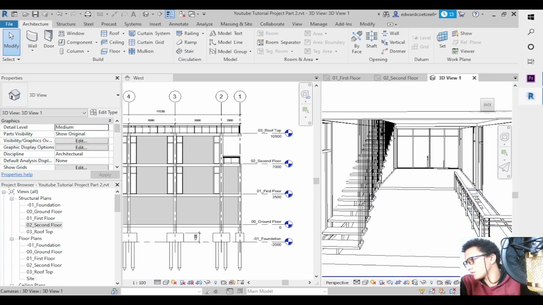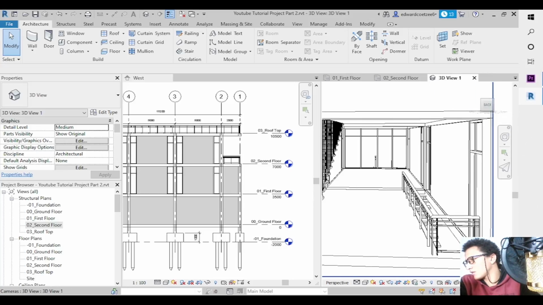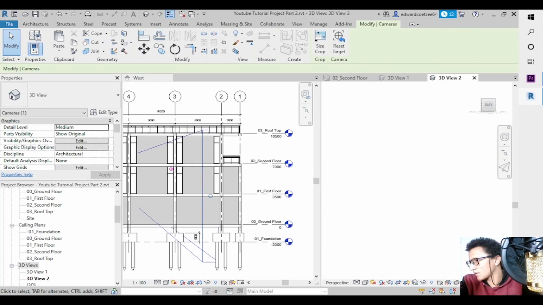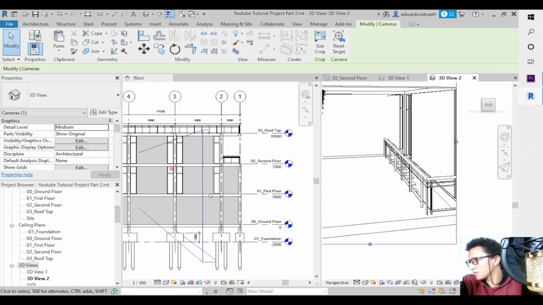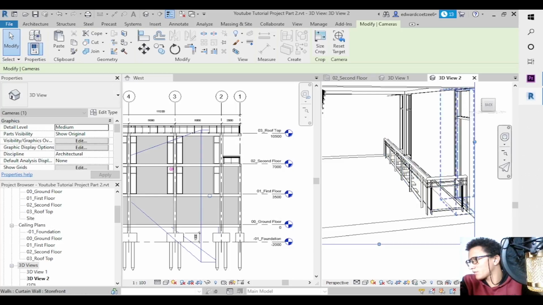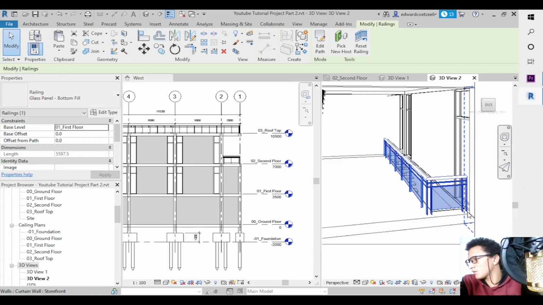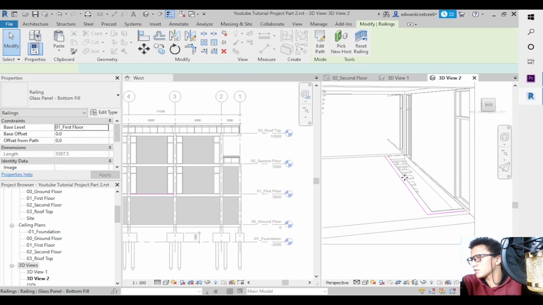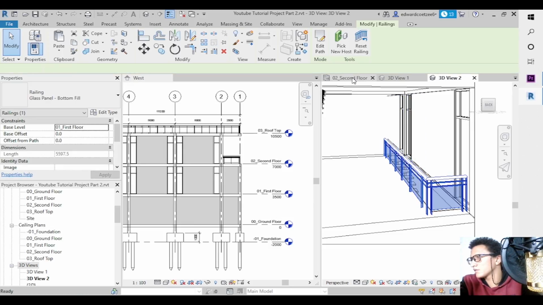So now you have the rails there. What I want to do here is move this away from the window so that it's not on that edge. So let's quickly edit it, or just select it in this plane, go to second floor,